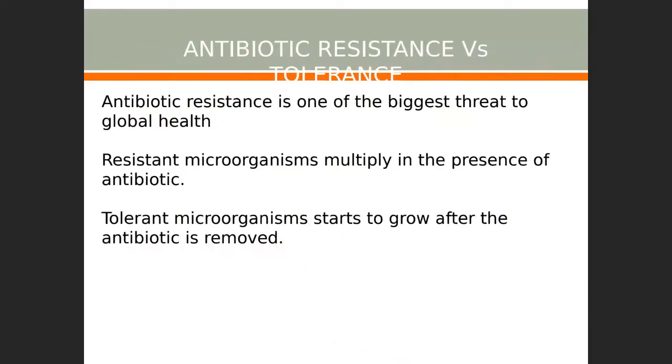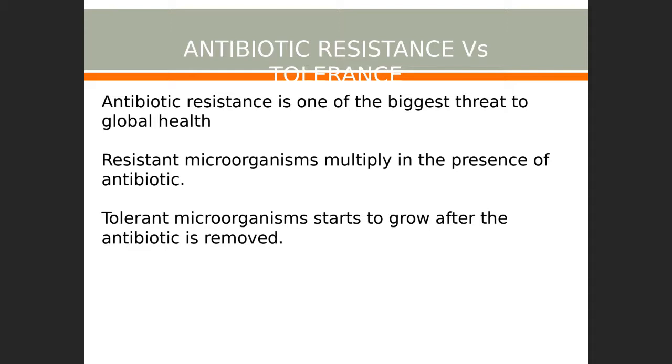Now, what is the difference between resistance and tolerance? We have already studied this in our first lecture about resistance and tolerance. So we will see it in view of the antibiotics today. Resistant microorganisms, that means the resistant bacteria, multiply in the presence of antibiotics. They are so resistant that they are able to multiply in the presence of the antibiotic. Tolerant microorganisms tolerate the antibiotic and then they start to grow as soon as the antibiotic is